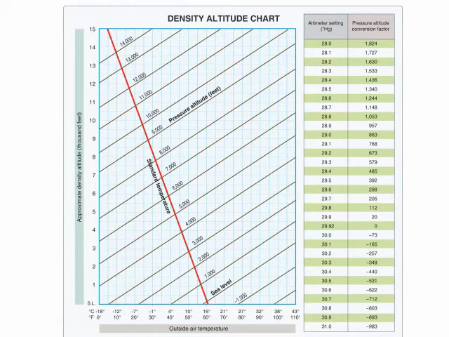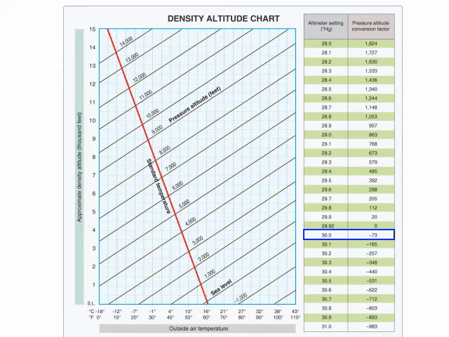Using this accident as an example, we know that airport elevation is 6,370 feet. The temperature is 84 degrees and the altimeter setting is 30.00. First, we need to find the pressure-altitude conversion factor from the right side of the chart. Find the altimeter setting of 30.00 inches of mercury and move over to the right to find a PA factor of -73. Subtract this number from the airport elevation to get 6,297 feet, which we will round up to 6,300 feet.